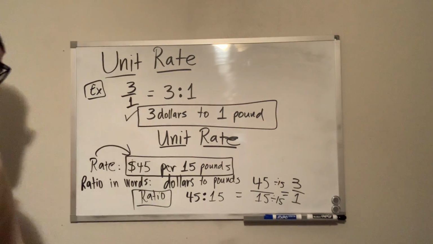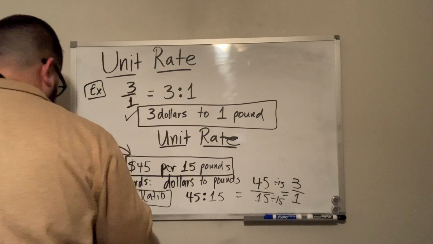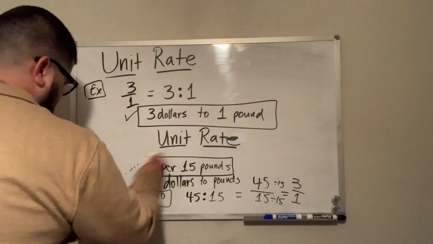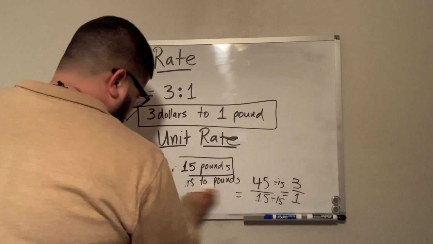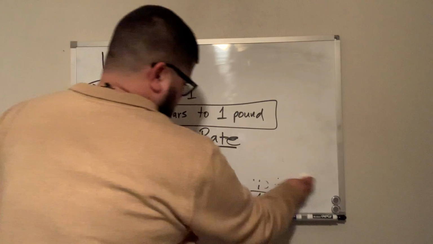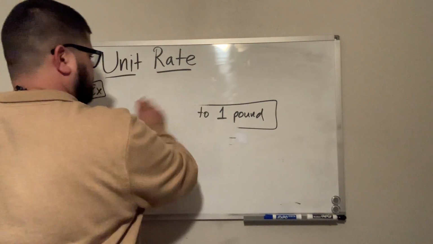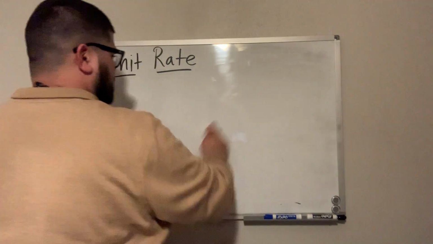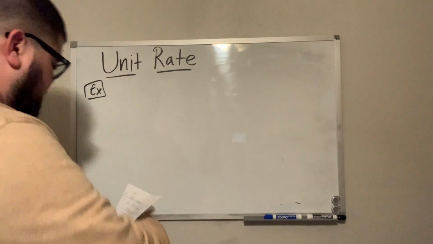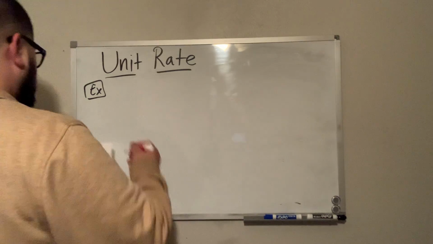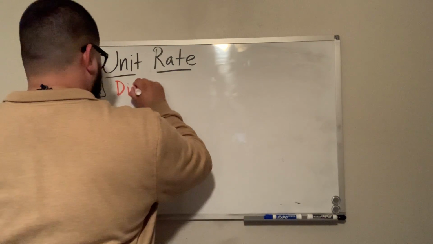Okay, so I'm gonna go ahead and erase this. You should have this from before. All right, here we go. So again, we're wrapping up unit rates, but we're wrapping up with another example. So here's the example. Diego